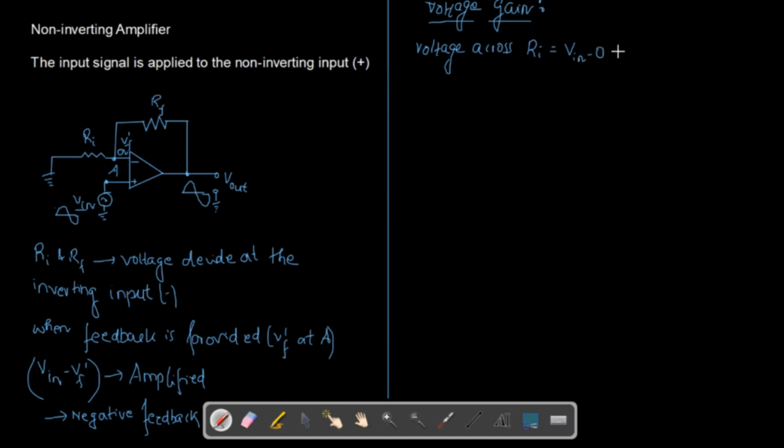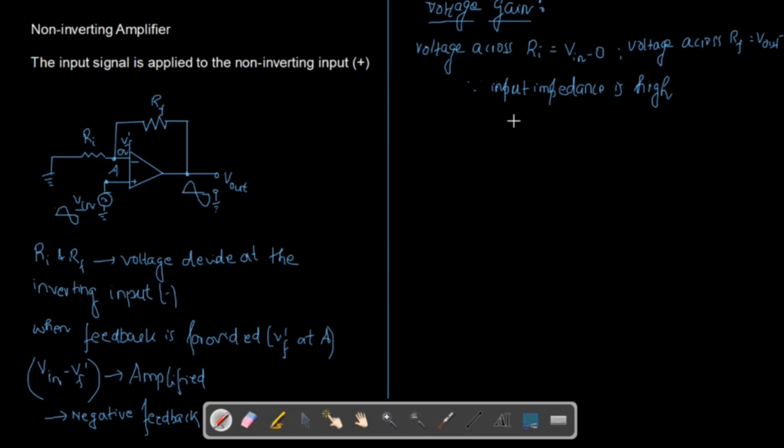Just look into the circuit, and we have the voltage across RF, which would be nothing but V out minus V in. They're doing more or less a similar kind of calculation. Okay, and since the input impedance is high, this logic you have to put again and again. That means at this particular point A, the voltage is 0, impedance is high. It's the same as before.